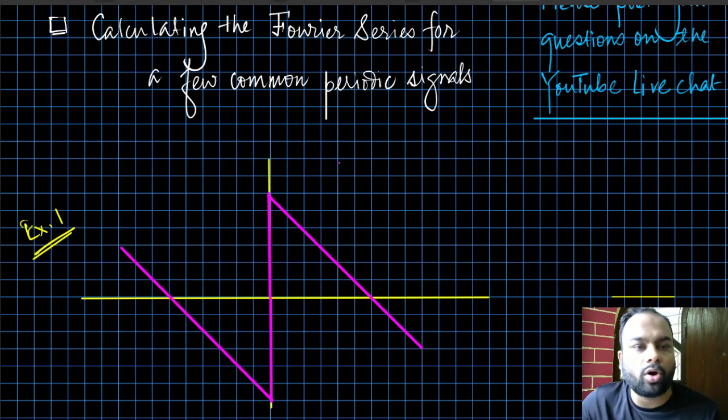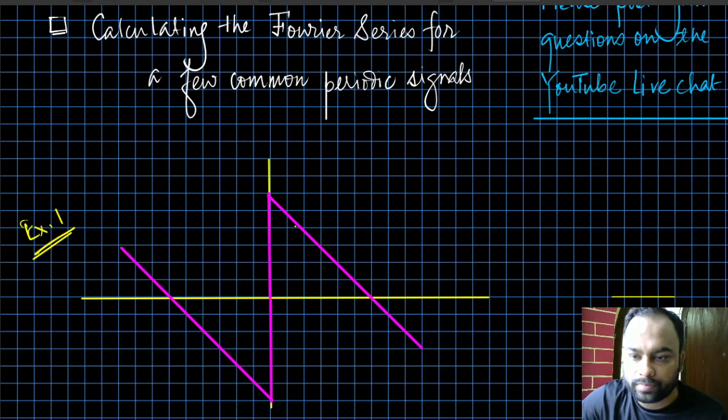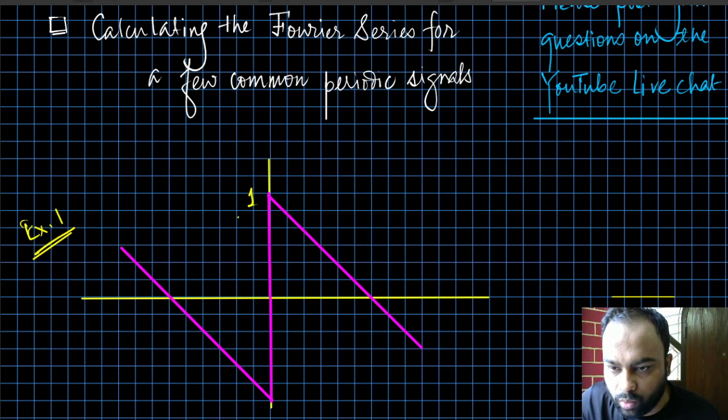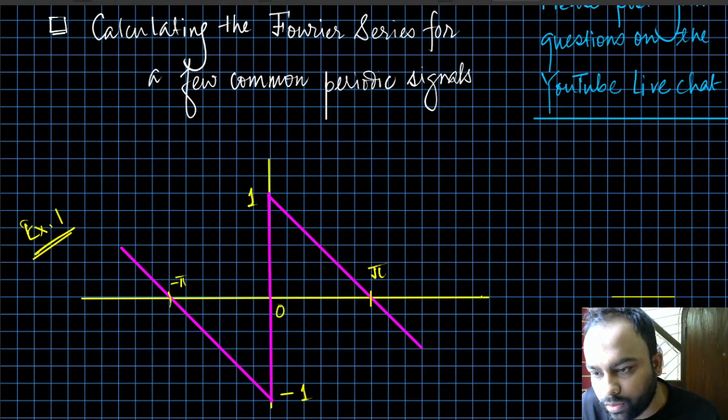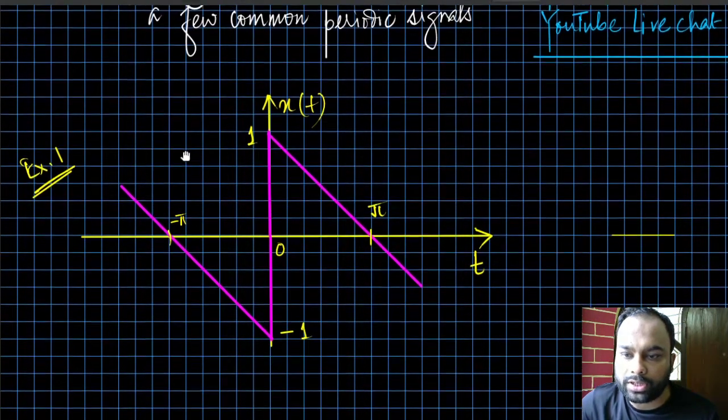So I've only drawn a small portion of the signal I gave you earlier, and let me give you the values once again. So this is 1, this is -1, and this is pi, this is minus pi, this is 0, of course. This is time, and this is the signal. So our problem was to actually,